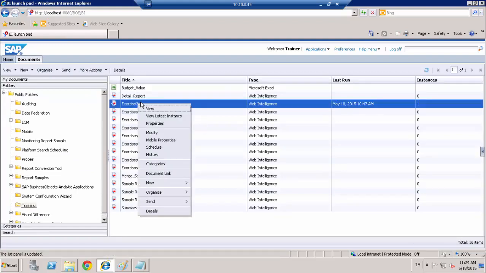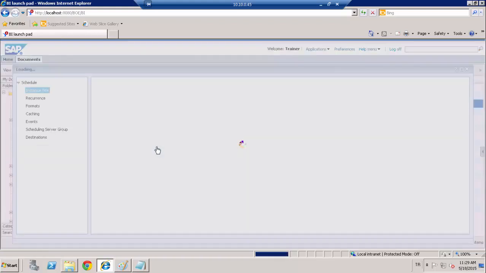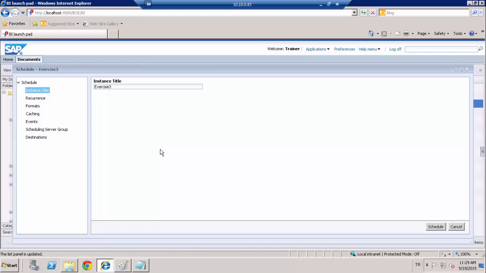And the last option is scheduling. It is one of the most important critical features of the BI platform. It is a lifesaver for reporting projects. It means that scheduling a document lets you run it automatically at specific times. And now I will select the schedule option,